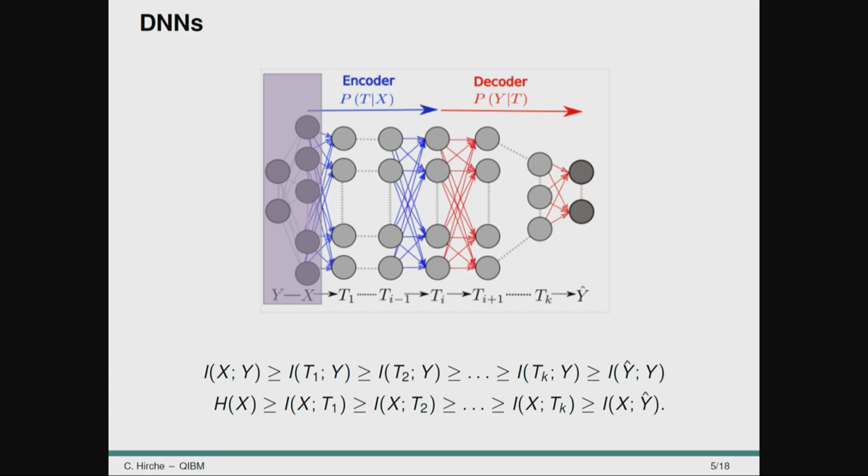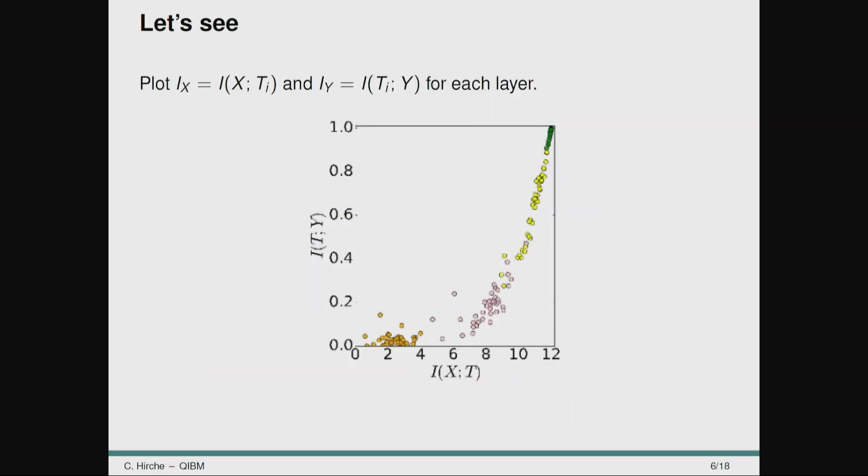So from information theory, we have something that's called data processing. And that tells us that through the layers, the information has to decrease, in particular, the information about the data. So they make figures like these, where you can plot all the different layers of a neural network. And now, optimally, if you train your neural network, those dots are going to move to the left upper corner, which is exactly the spot where there's maximal compression, while keeping most of the information we need to answer our question.